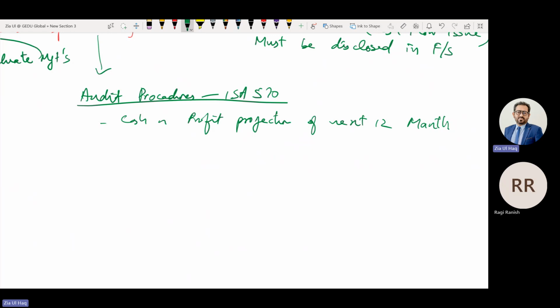Inspection of cash and profit projection for the next 12 months is what procedure? The examiner is asking about evidence. A copy of the cash and profit projection for the next 12 months.